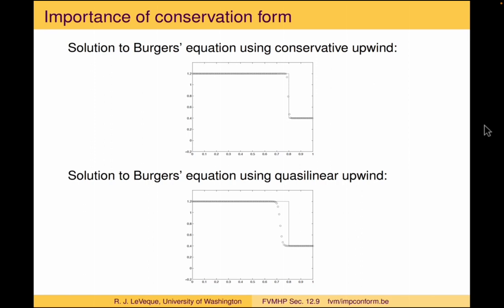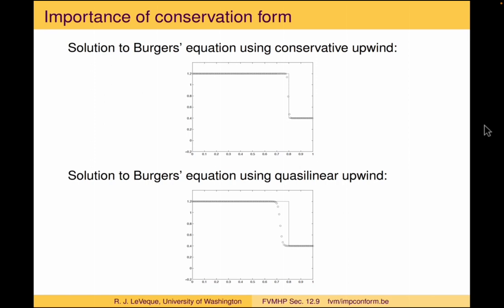This is an actual numerical calculation that we'll look at later of a shock wave where the correct solution is the discontinuous solid line here. If you solve it on some particular grid with the conservative method, you get a figure like the top. It's a little bit smeared out. There's a few cell averages that are not exactly at the upper or lower value, but it's at least representing a discontinuity in